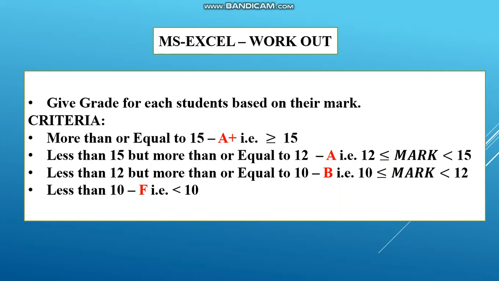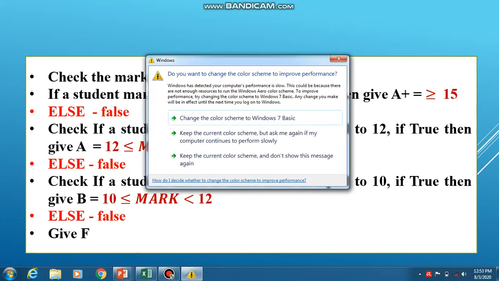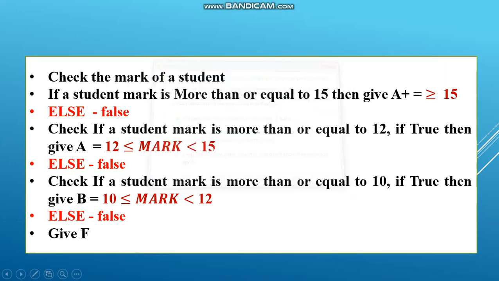First, you want to know the logic of this. The logic is we want to check the mark of the student. If a student's mark is more than or equal to 15, we give A plus. Else, if a student didn't get a mark of 15 or more, then you check if the mark is more than or equal to 12.